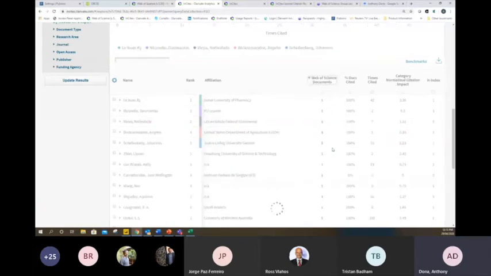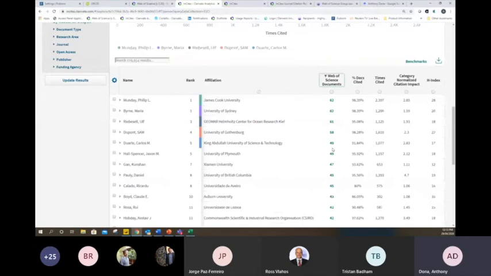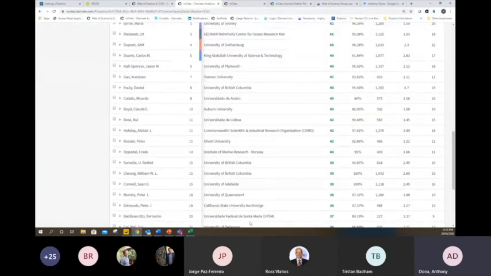So from top down, you'll notice that as volume of publications drops, H-index tends to drop as well. H-index really is just a volume indicator. I understand how it's calculated, but it is very, very closely correlated to total volume of publication, in which case you need to be very, very careful.